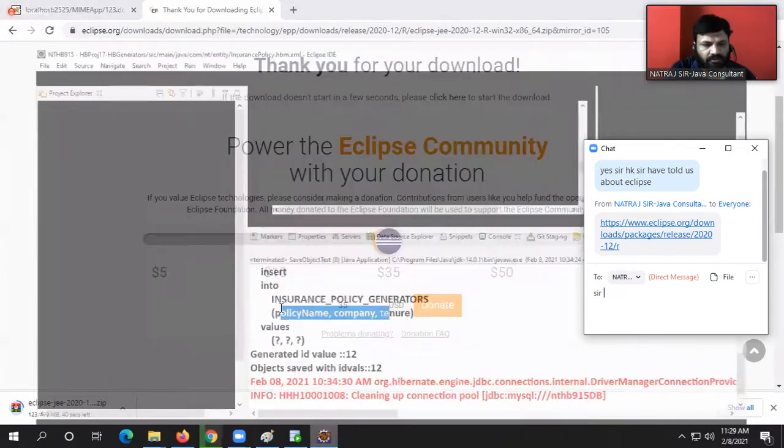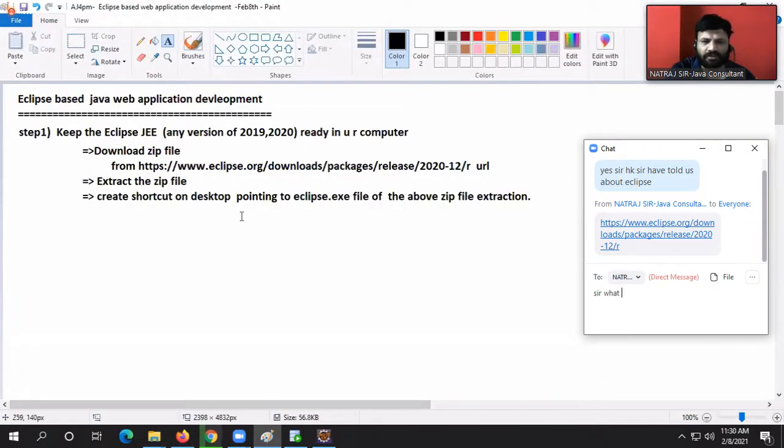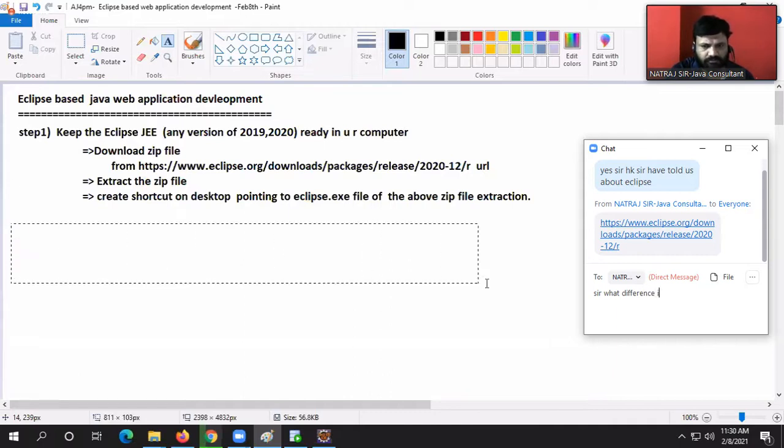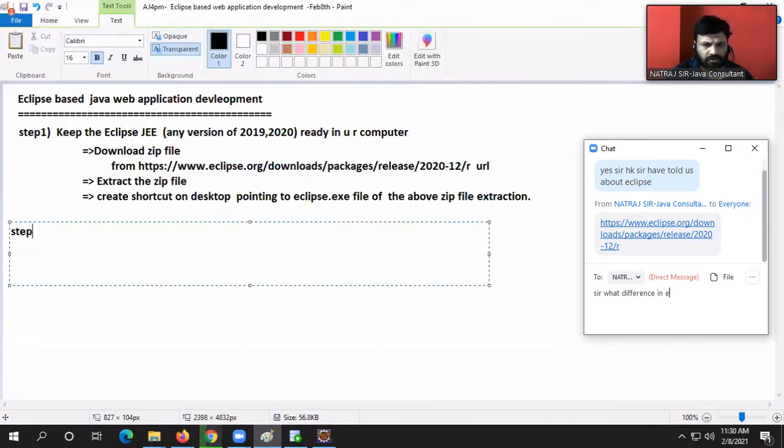Okay. I have another version of Eclipse. We can work with that. It's taking time now. The Eclipse that we have used in JDBC, if it is the Eclipse JWE flavor, okay. If it is not the Eclipse Enterprise Edition, JWE flavor, then you have to change it. Otherwise, generally I always suggest you people to install the JWE flavor only. Right, guys.